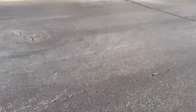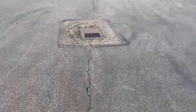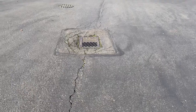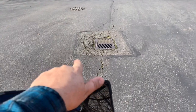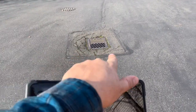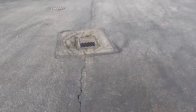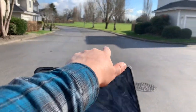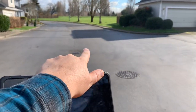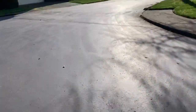Cut that out. This catch basin, looks like this one needs to be redone again. It's looking pretty nasty, but we're going to extend this out past the sewer lid there. So right now you've got what's about 3 foot wide. We're going to go another foot on this side, another foot on that side. So we'll go 5 foot. We'll go 5 foot by 16 from the existing edge of the patch on the other side of the catch basin out just past the sewer lid. Okay, and then right here,